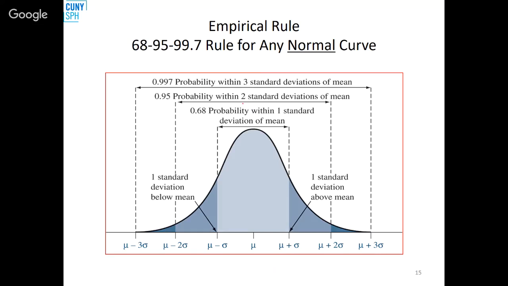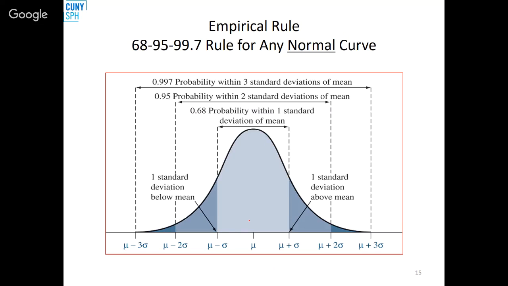So the probability of an event in this range, whether it's a BMI or a weight, is about 0.68 for any normal distribution, as long as you're putting this interval at plus or minus 1 standard deviation